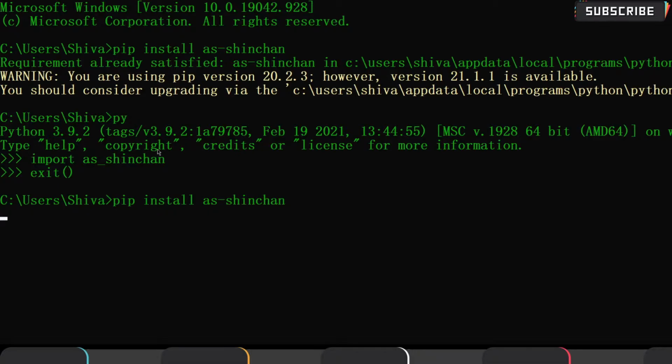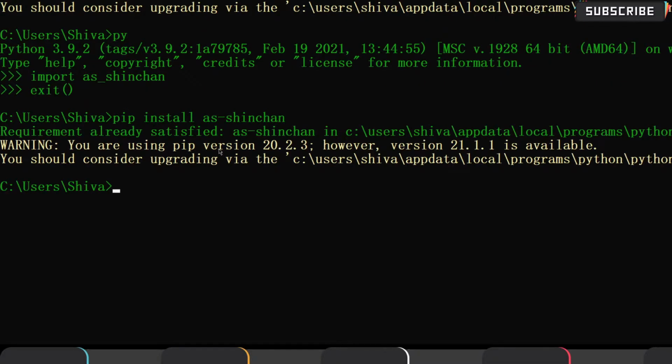Actually it is already in my system, so it is saying again requirement already satisfied. You don't need to go to any website. You can directly type in your command prompt. Ensure that pip is installed in your machine, and type pip install as-Shinchan in your command prompt. So as of now, we have verified that the Shinchan module is installed.